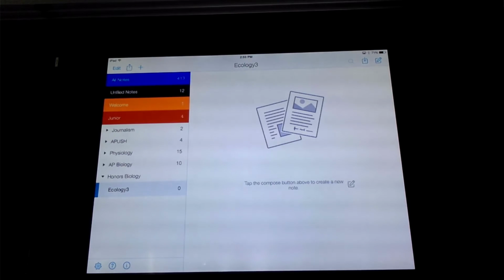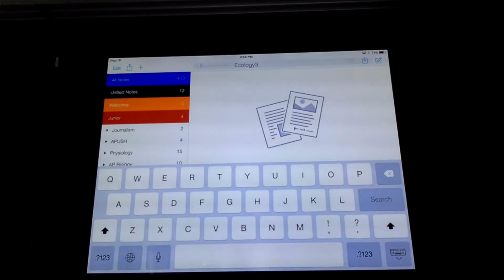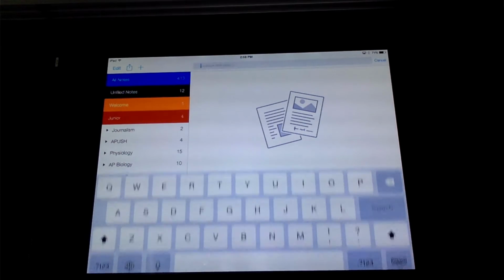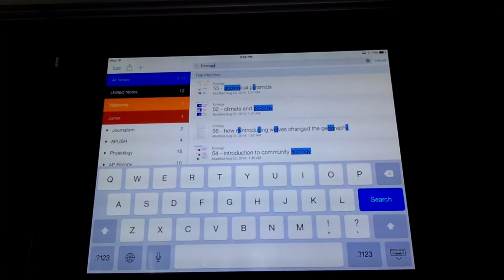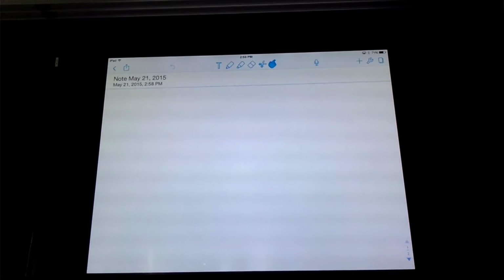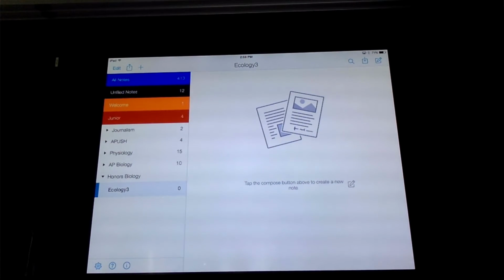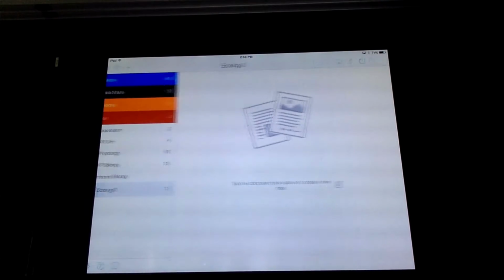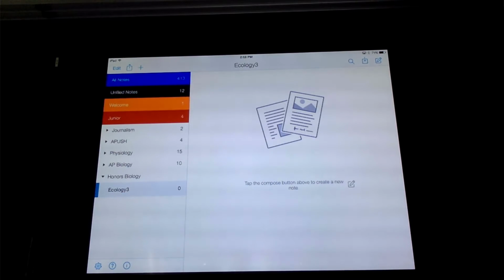So you can search for different names by using this little magnification tool. So it'll be like ecology, and then it'll show up all the notes under that name. And then if you want to make your own note, you press this notepad button, and that brings you into a note. And once you get there, you can talk about that. But after you make your dividers and your folders, you want to import the PowerPoint from the Google